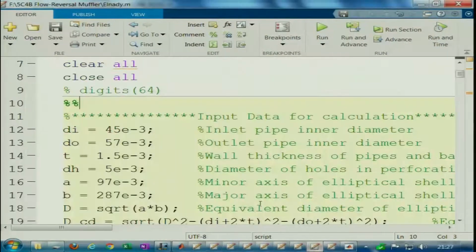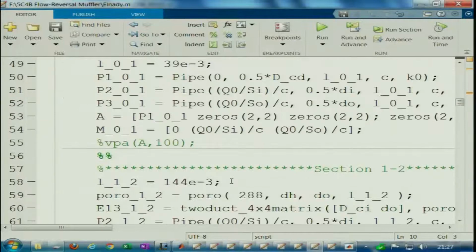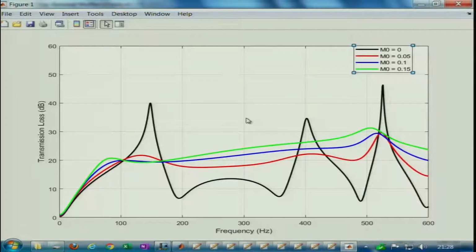So finally, all of the results that we are seeing in this routine, the integrated transfer matrix thing. But at the end of the day, what we are interested in is the detailed analysis of the transmission loss. So I will focus my attention on that itself without going too much into the details of the code. A couple of things have come out of this analysis. Firstly, mean flow significantly and dramatically influences the transmission loss characteristics.